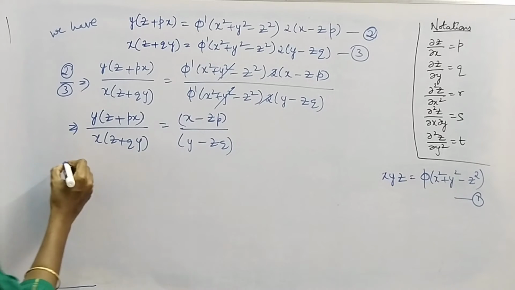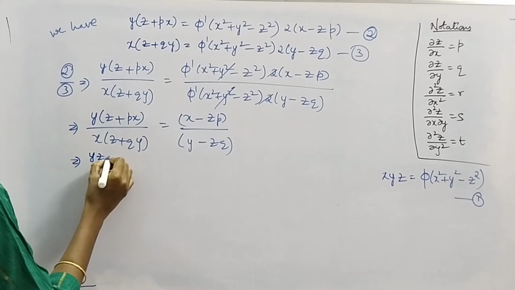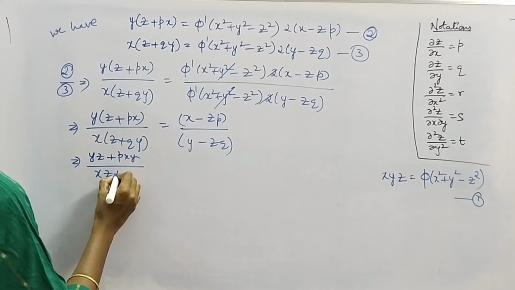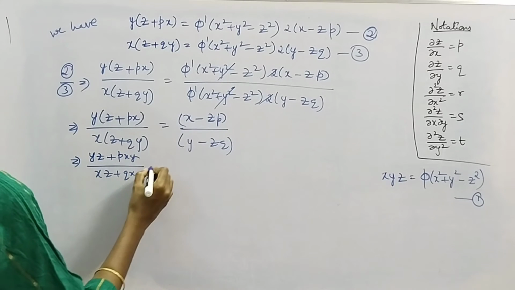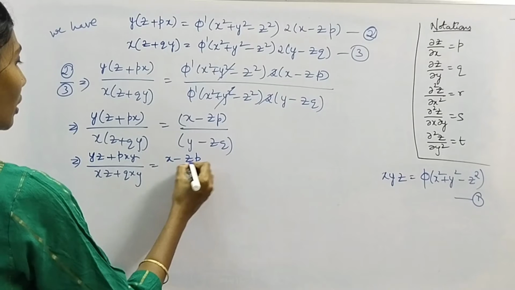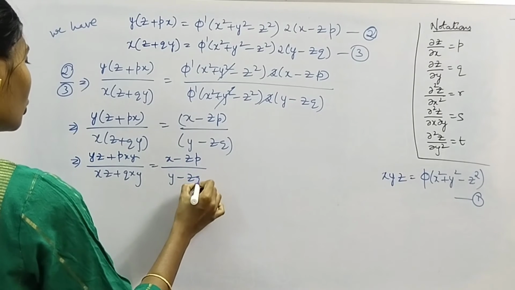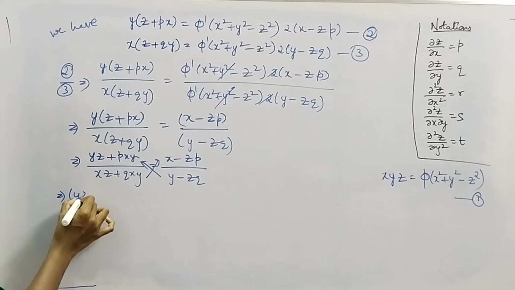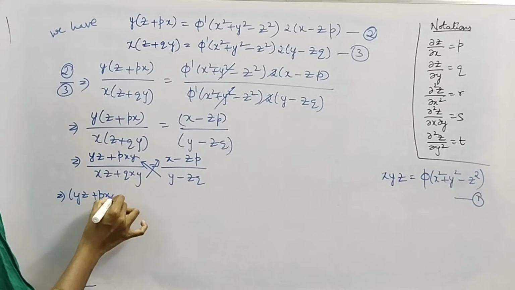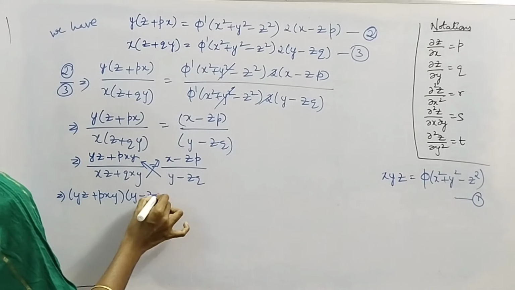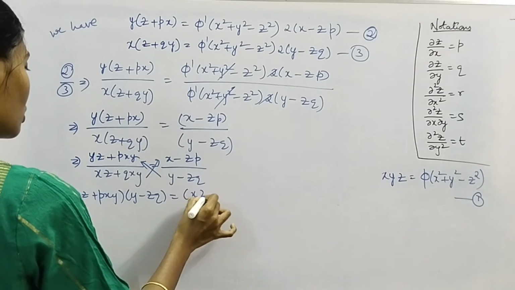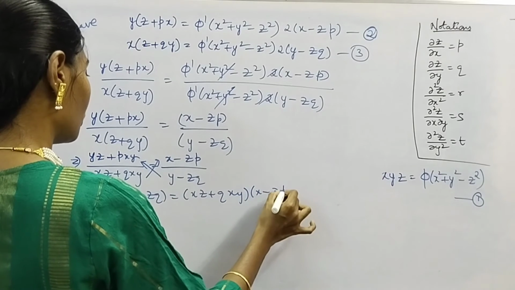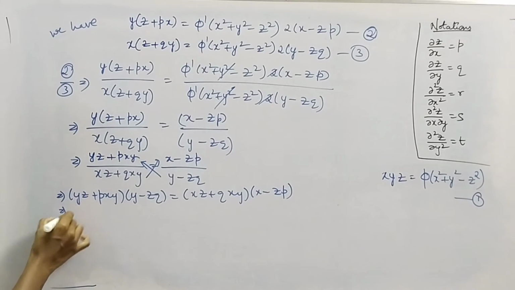We have yz plus pxy by xz plus qxy equal to x minus zp by y minus zq. Make a cross multiplication. We'll get yz plus pxy into y minus zq equal to xz plus qxy into x minus zp, which gives us